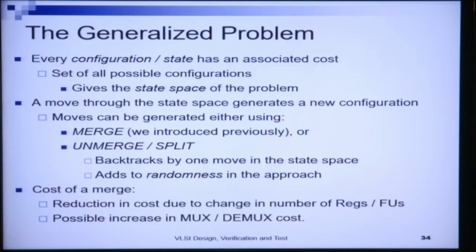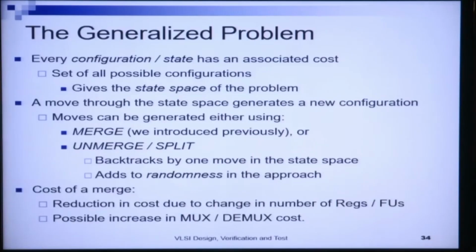The cost of a merge is a reduction in cost due to change in the number of registers or functional units. Now when I do a merge, what happens? The number of functional units required to implement a set of operations reduces. The number of hardware registers required to implement a set of temporary registers reduces, because I have done a merge. But on the other hand, arbitration increases, because I have a lower number of registers and functional units. I require more muxes, demuxes for the arbitration. So there can be a possible increase in mux/demux cost,